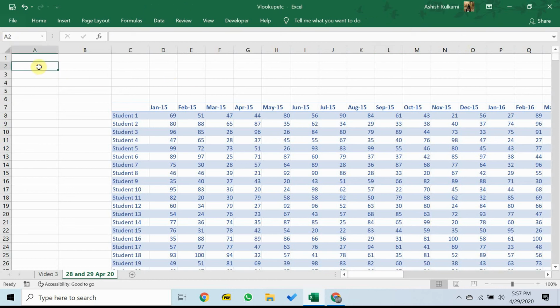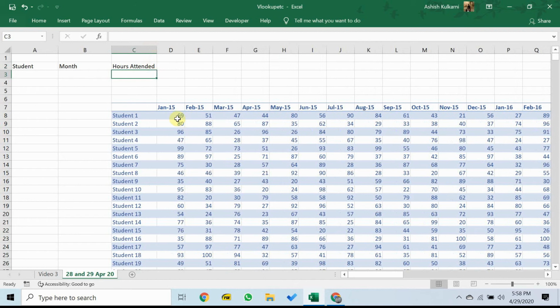What we would like to do is have a user choose a student, choose a particular month, and for that student, for that particular month, we would like to record, for example, hours attended, which is, let's assume, what these values are.